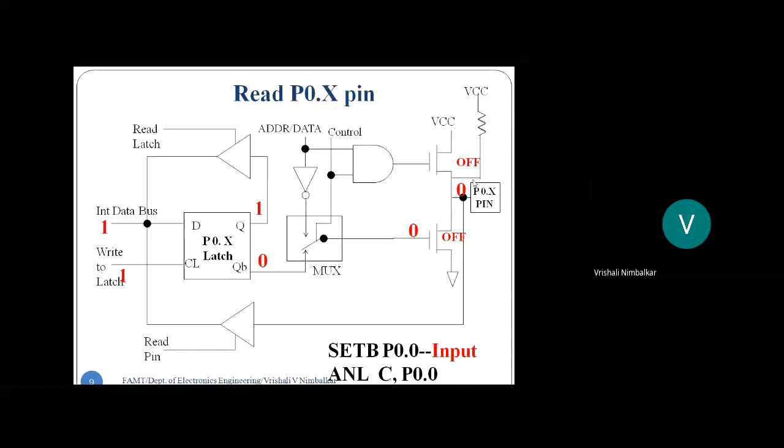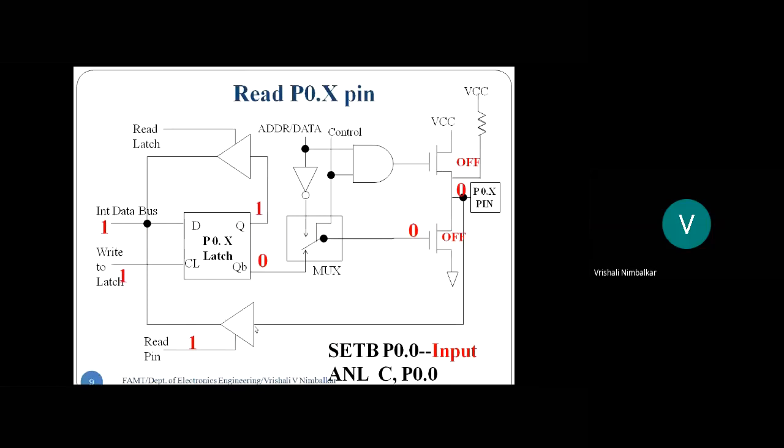Is that okay, students? But then the programmer has grounded the pin. Programmer has grounded the pin, meaning logic 0 is appearing on the pin, and this should be read by the microcontroller. Now the instruction that is written is MOV C, P0.0. So the microcontroller, logic 0 on the pin gets transmitted through the lower buffer to the internal data bus. And that's how, see in the green color, that logic 0 gets transmitted on the data bus.